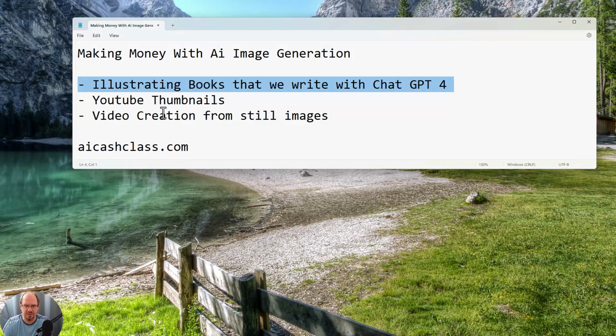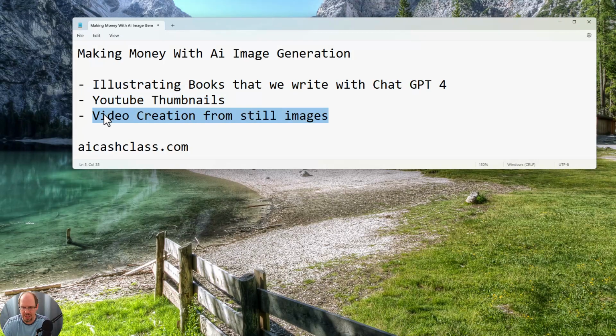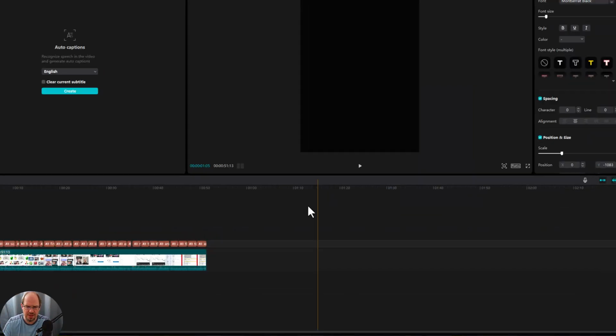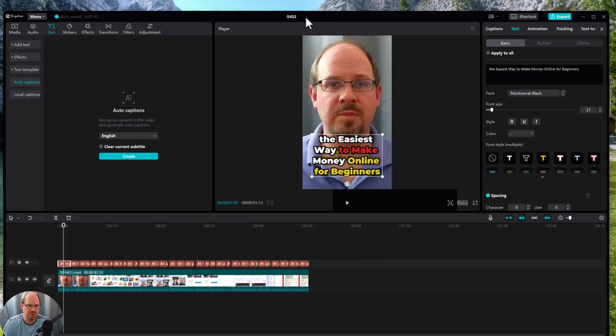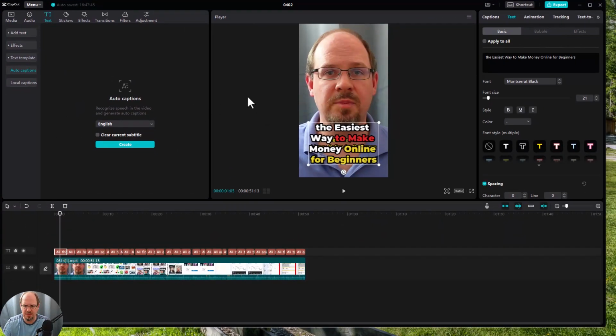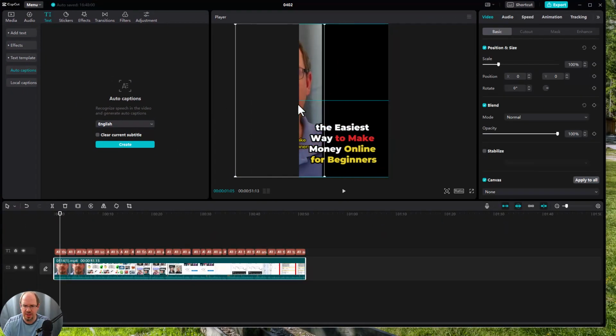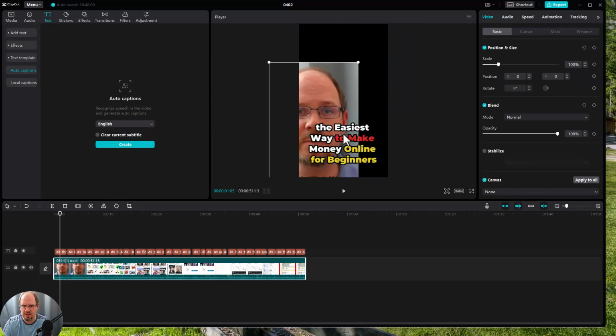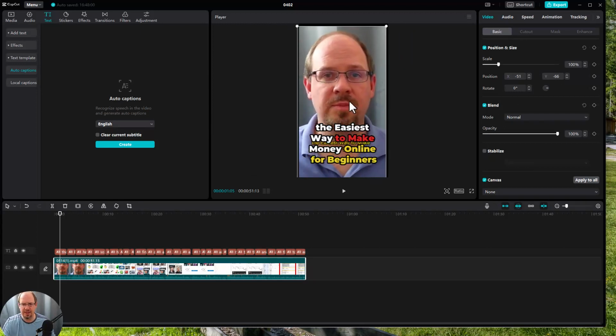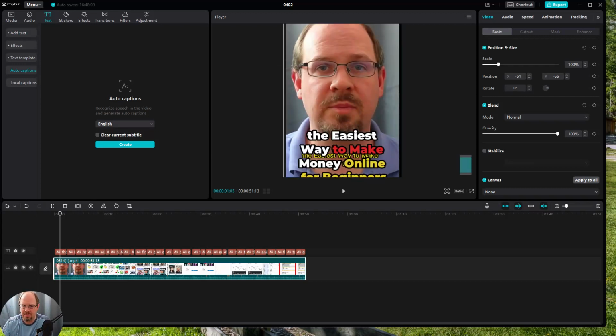So that would be kind of like this method here for video creation. I literally made a video out of still images, and they kind of pan and zoom across. I was editing them with a tool called CapCut, using keyframes, which is pretty straightforward. CapCut is pretty easy. It's free. And you can use keyframes, and it just basically zooms back and forth. So it would zoom like so across the image, or zoom like this, or pan in it. Those are called panning, actually, or it would zoom in and out on the image. And it's just a little bit of motion, right, as you go through there.